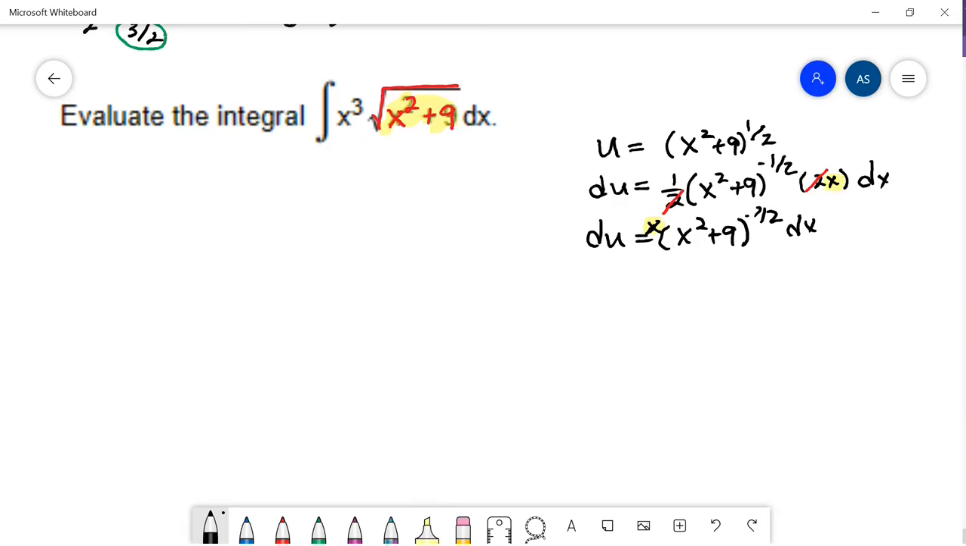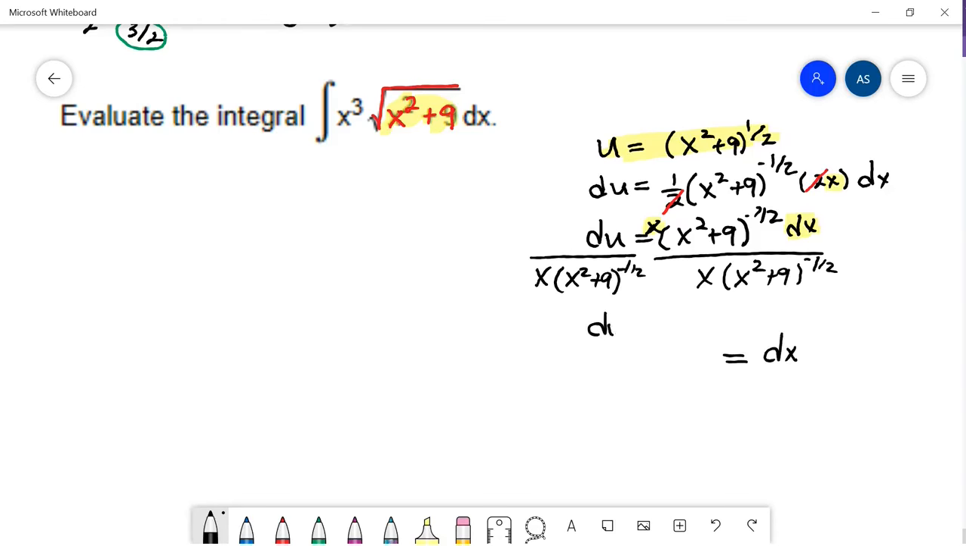So now, just like last time, I'm going to make 2 substitutions. And in order to substitute u and dx, I have to solve for dx. So I'm going to divide both sides by x times x squared plus 9 to the negative 1/2. And that's going to give me dx equals du